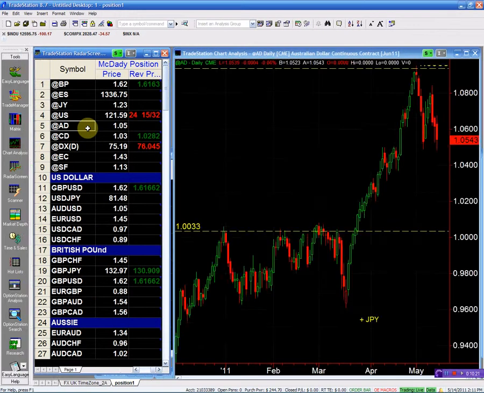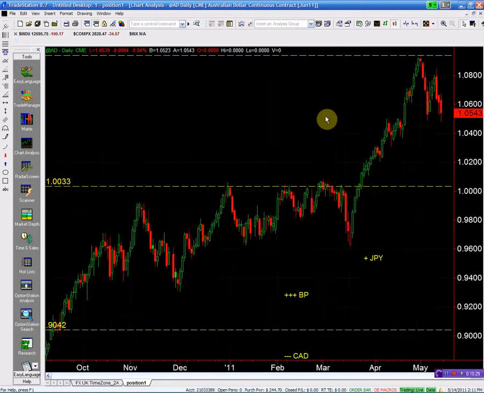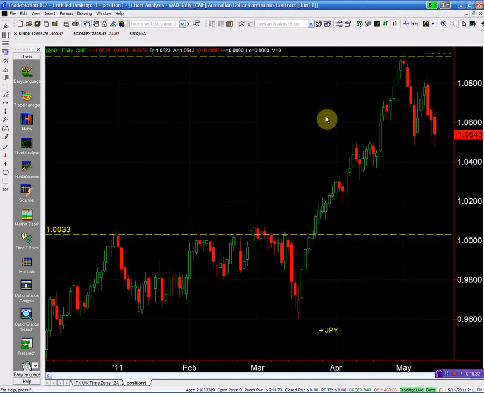As much as we have to keep an eye on the dollar index at the 75.95, so I mean, if that is a strong buy signal, and if you look here, this is a major